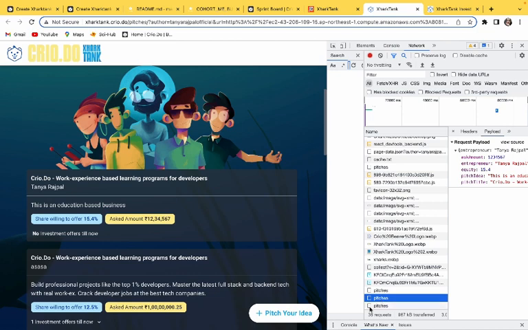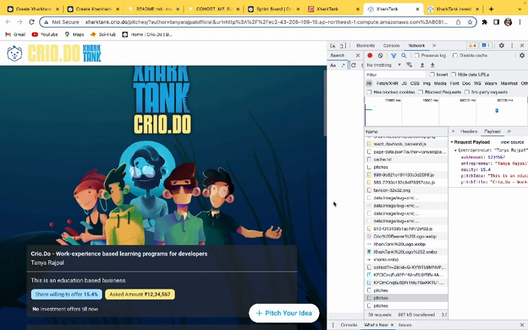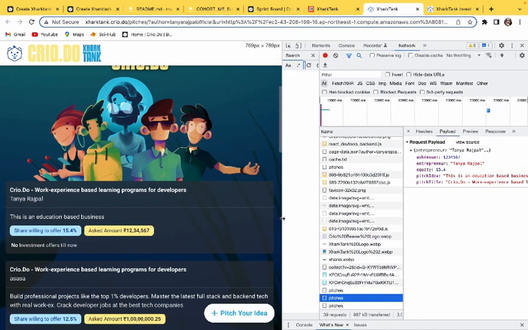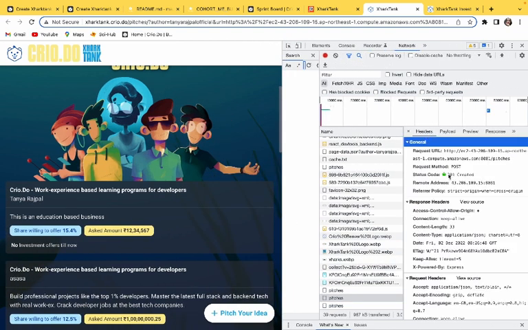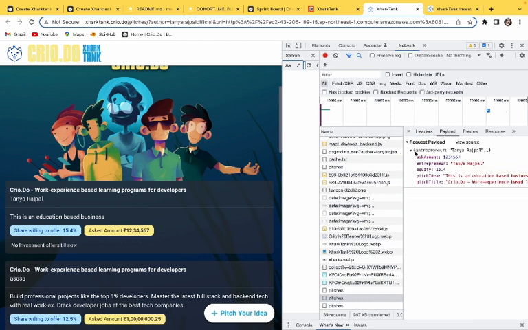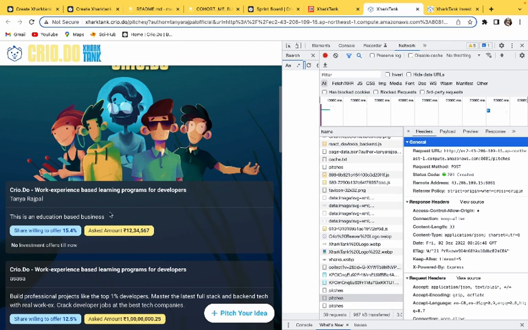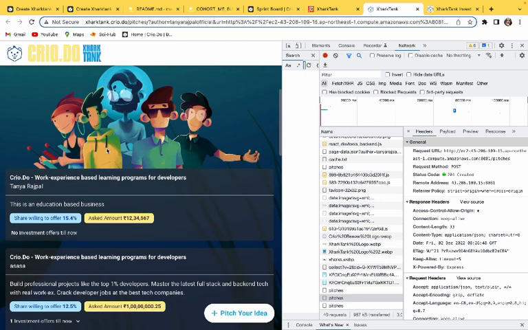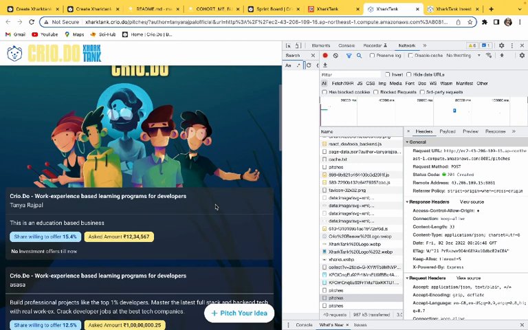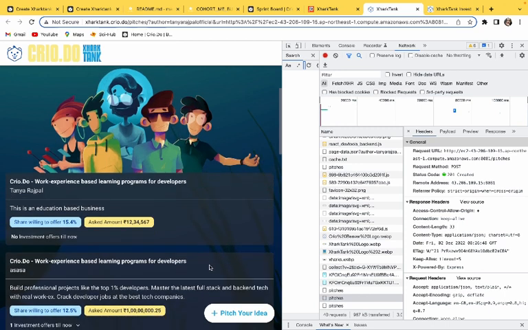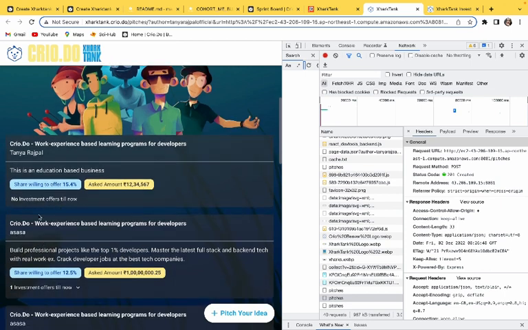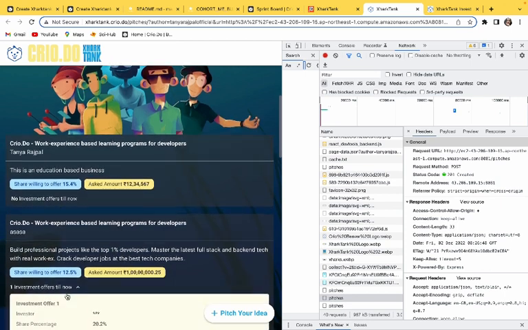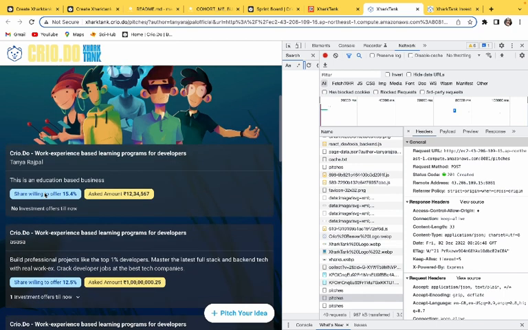you can see here status code 201 created. So this was the payload that was sent, and now you can see the latest added pitch on the top. So all the pitches will be arranged in reverse chronological order. Now here you can see that in this pitch I have an offer, but in this pitch I don't have an offer. So let's say